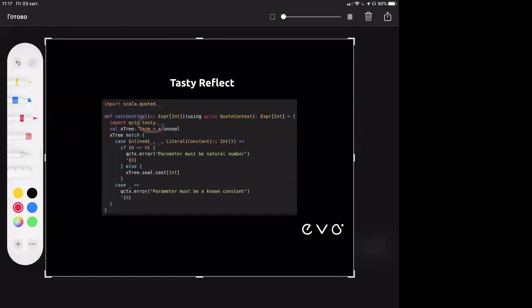When we import everything from Tasty, we are allowed to call a special method called unseal on expressions and types, which allows us to explore all the abstract syntax tree under this expression. In the new Scala macros, we can only pattern match against this expression. It's a bit safer, but